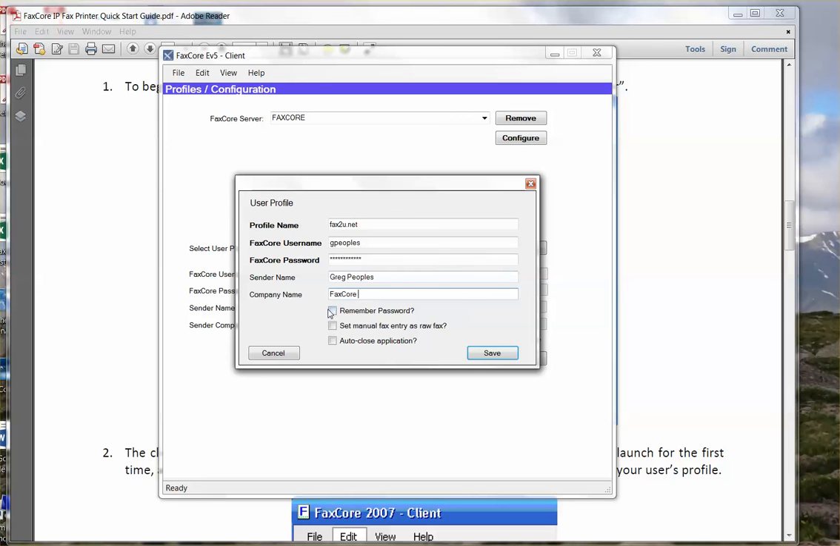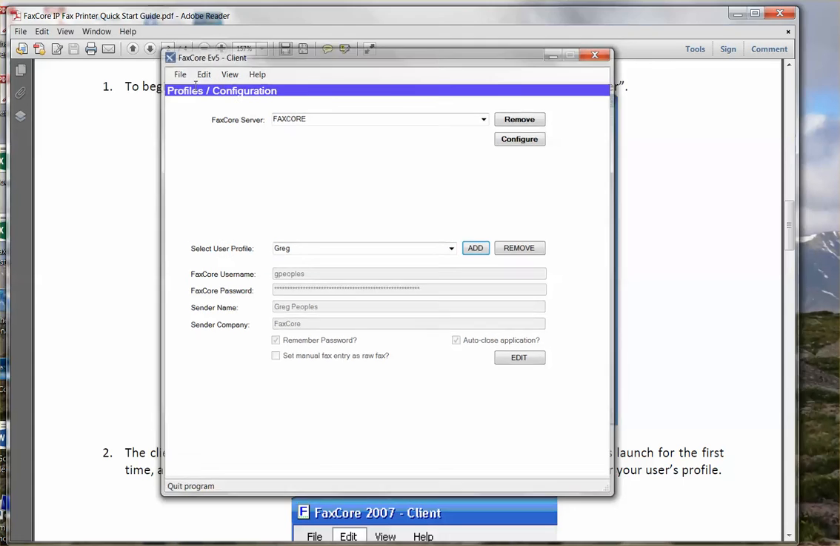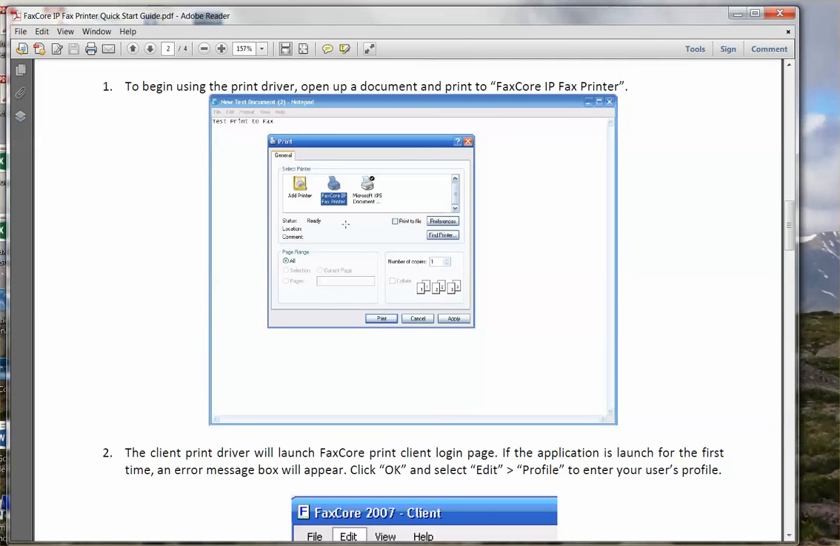I like to click on the remember password so it does my kind of single user sign-on, and then also auto close the application. That's where when I hit send of the fax, it's going to close down the dialog box. I'm done at this point, so I'm going to close this profile editor, and I'm going back to my document here. So again, this could be a Word document, an Excel, CRM document, any document that you want to